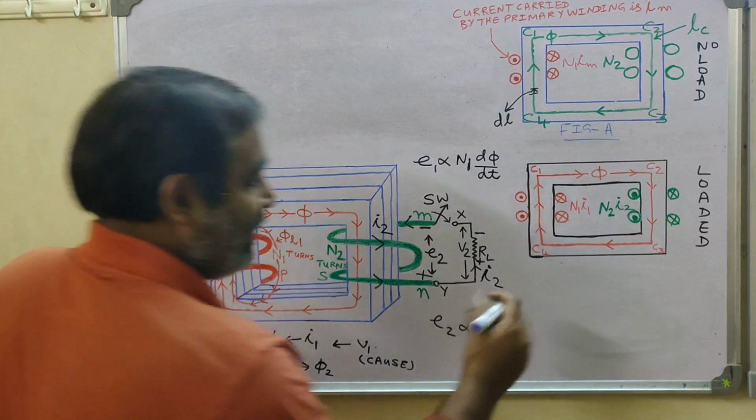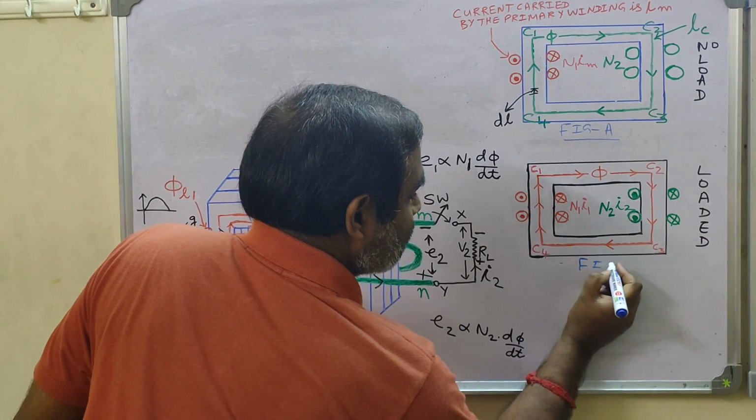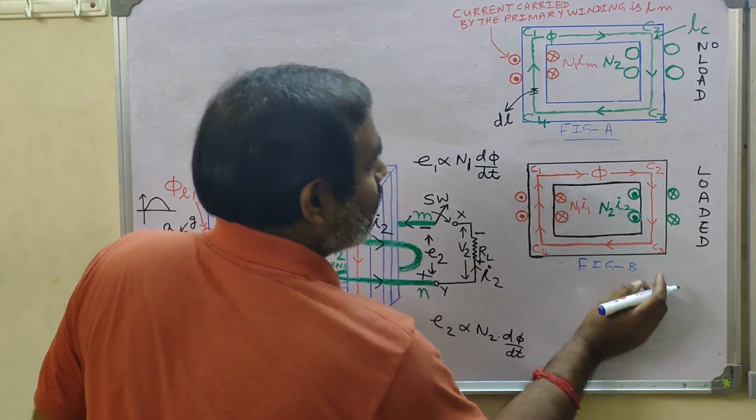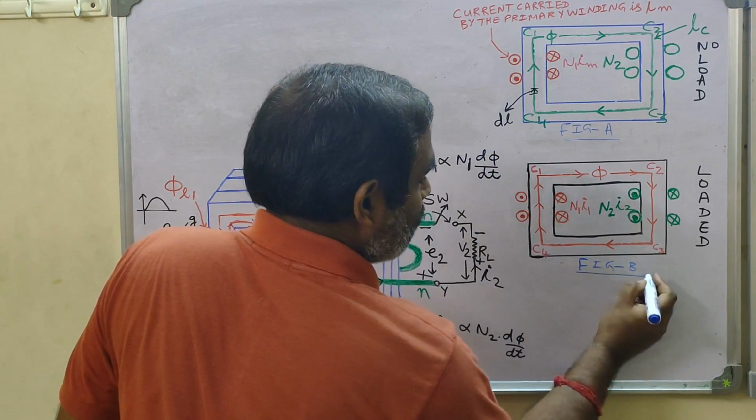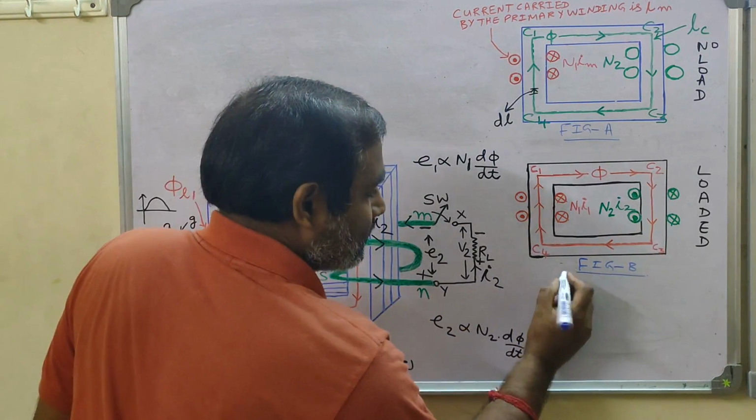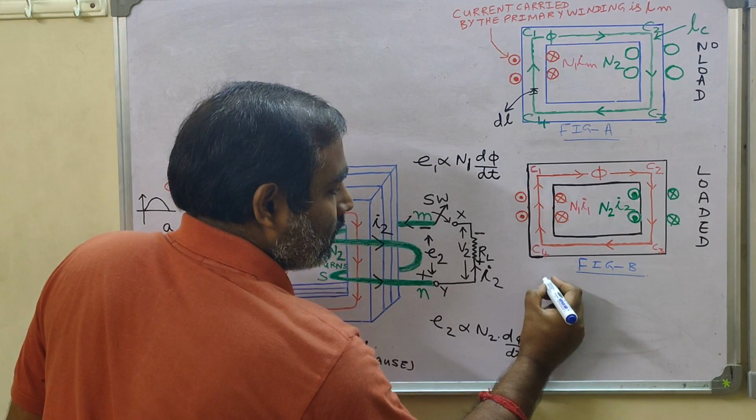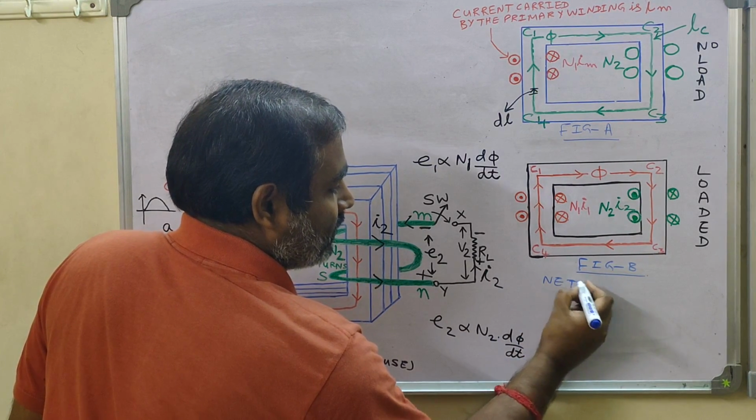So this is our figure B. Let's call it our figure B. Okay, so now for figure B, if I ask the net current